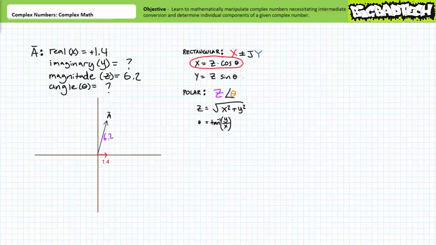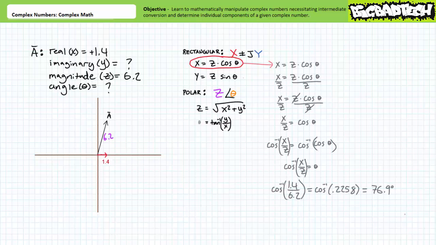If you're still missing it, I direct your attention to this formula here. The real horizontal x component is the magnitude z times the cosine of the angle theta. Given we know the magnitude z and the real component x of our given complex number, the logical handhold to begin our climb is the only conversion involving the magnitude and real component of our given number. Let's use our 2 knowns, the magnitude z and the real component x, to solve for our single unknown, the